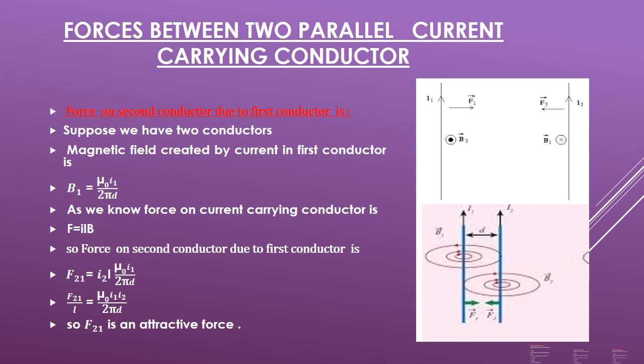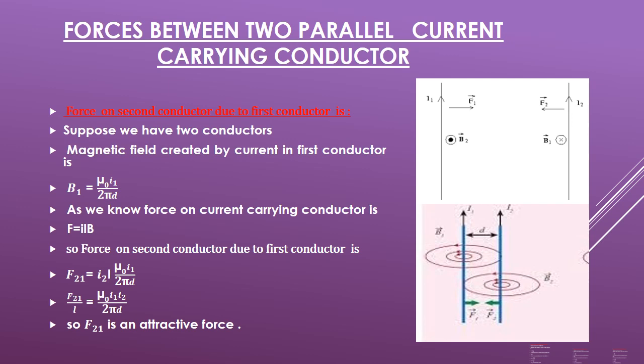Okay, so we are going to find out whether there is any force of attraction or repulsion, and what is the quantity of that force. The question also arises why there will be a force. If a current carrying conductor is placed in a magnetic field, it experiences a force. We have already discussed in previous lectures that the force is always normal to it. The whole conductor will try to move perpendicular to its direction.